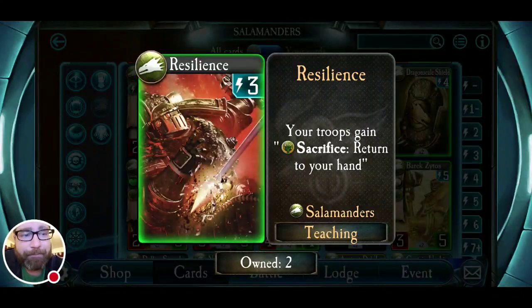Resilience, it's not a bad teaching. Now this is created by Vulkan. They have the ability to give your troops sacrifice, return to your hand. That's not bad,